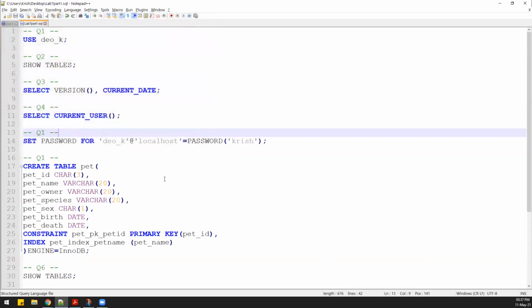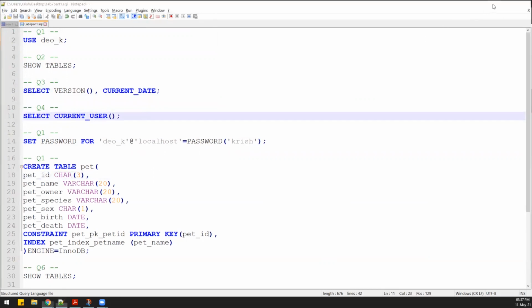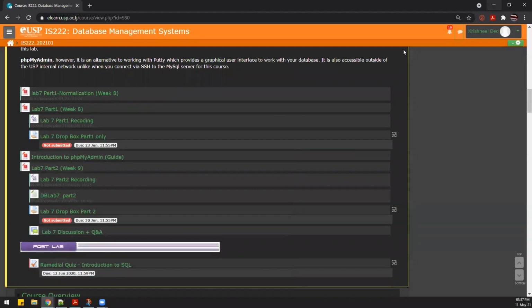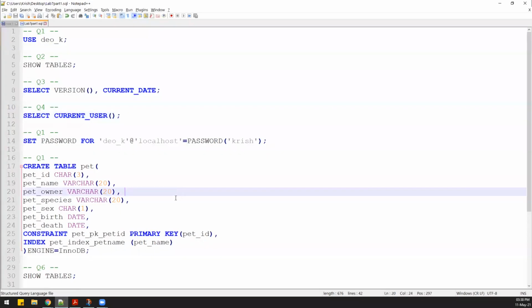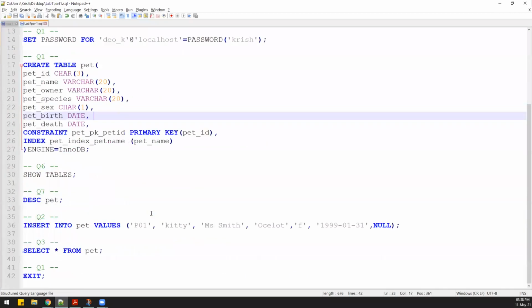Right, so if you see that when the file type changes to SQL, then Notepad++ is able to highlight the syntax for SQL. So my file is saved on my desktop, and then I will upload that file in the Dropbox. Your file must have all of these commands and queries.